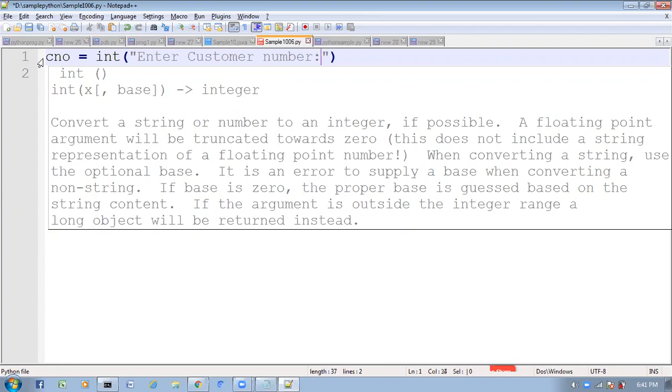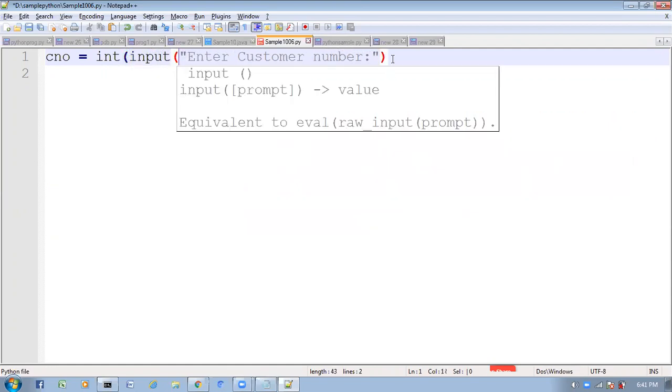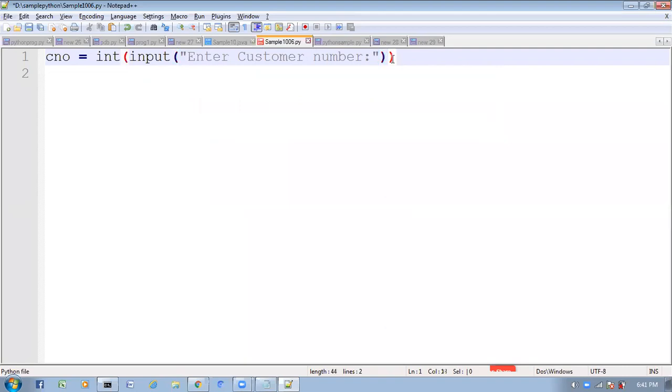Enter customer number like this. Right. So now, C name means string type, so we no need to do any typecasting. By default, the input function will treat it as a string only.